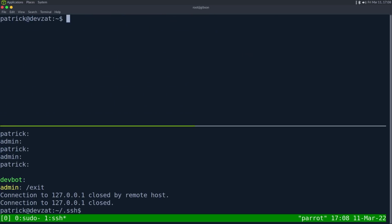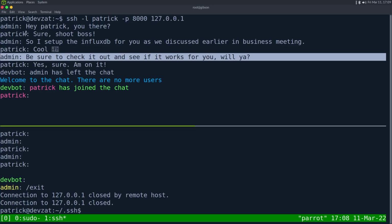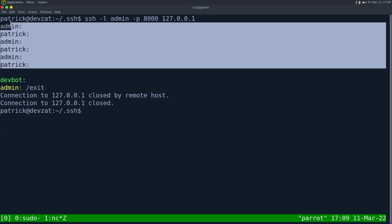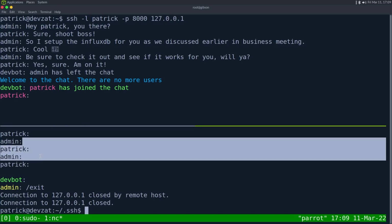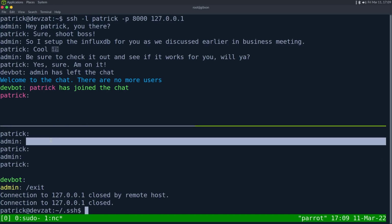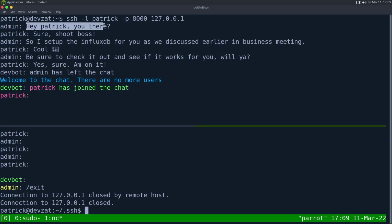So we're not doing a reverse shell. ssh -l patrick -p 8000 127.0.0.1. So we can see something weird happening. If we do it from SSH, we see text. If we do it from the reverse shell, we do not see any text. My guess is this is probably being transmitted over like Unicode or something like that, and a reverse shell just drops that whole text. It's really bizarre. I did not expect this behavior, but now we can see the message from Patrick, and this did show me